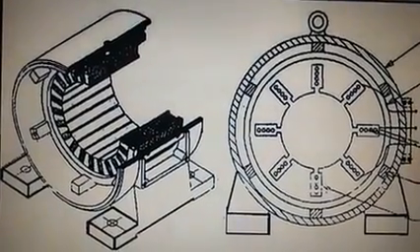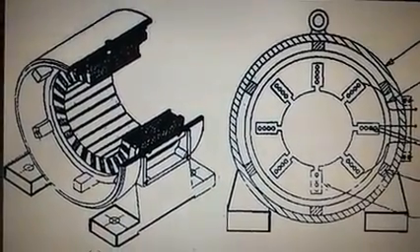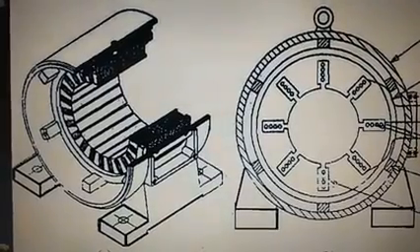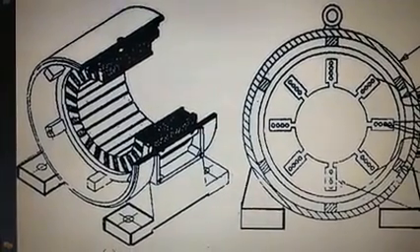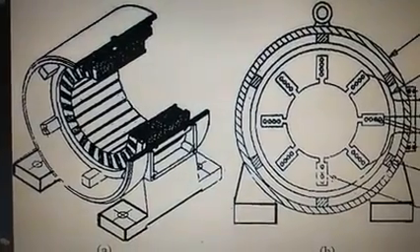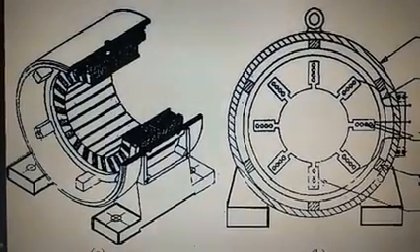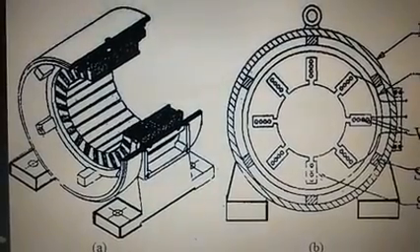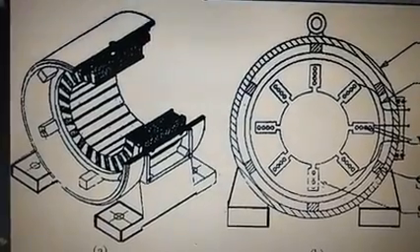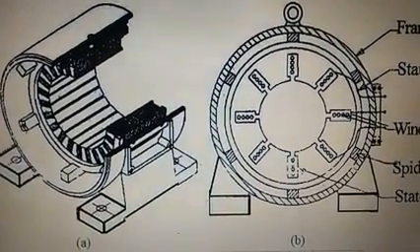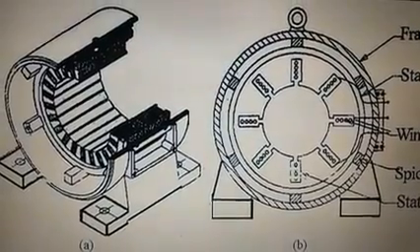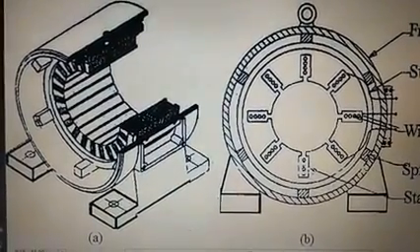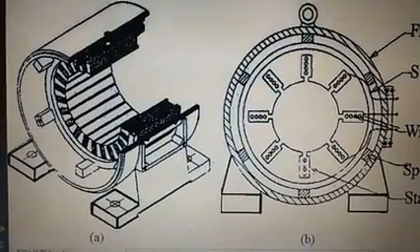As you know, there are two important parts of a motor. The first is called the stator and the second is the rotor. It is called a stator because it is a stationary part, not a moving or revolving part, while the rotor is the part of the motor which is involved in rotating. So now let us see figure A, that is the stator part.